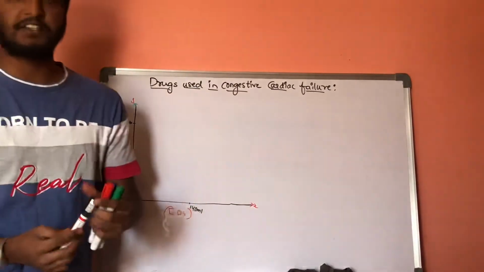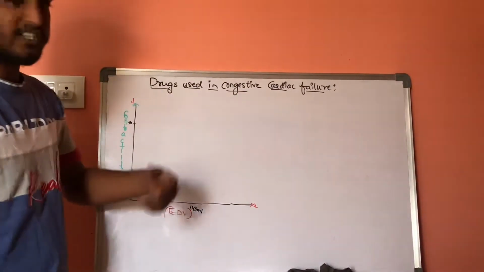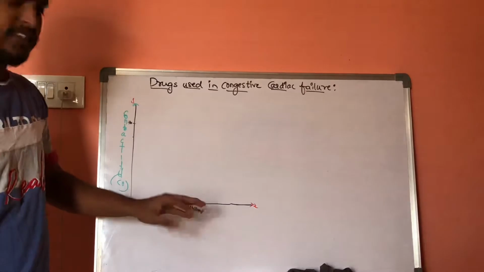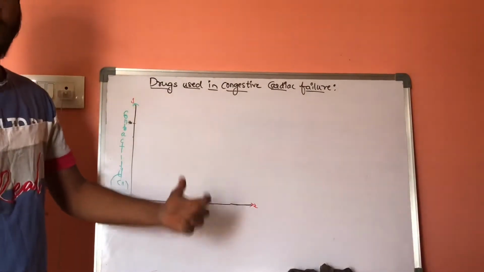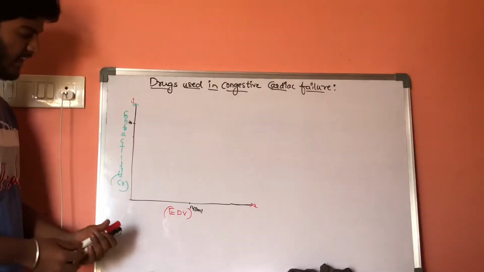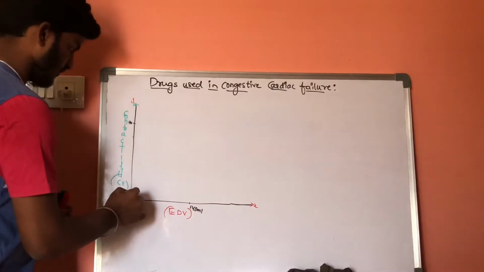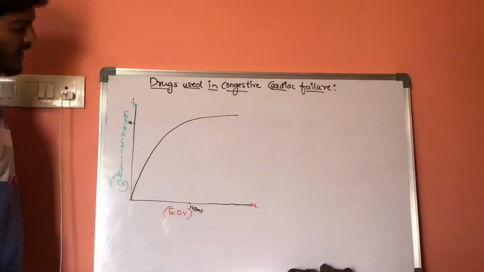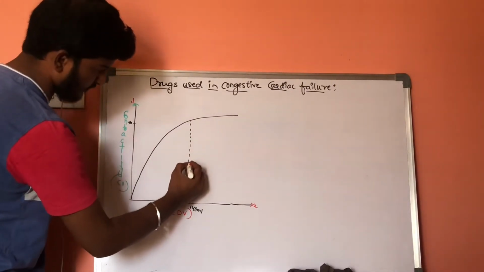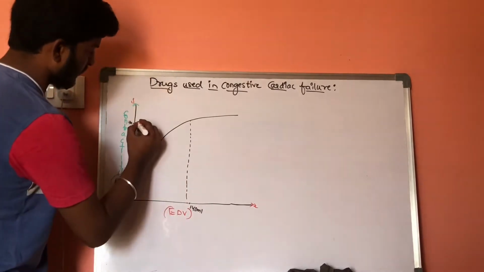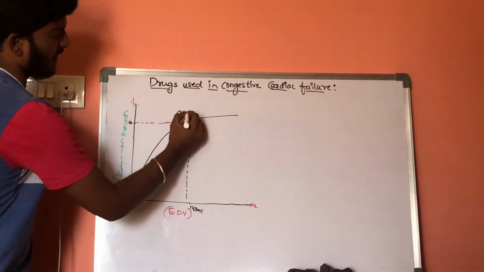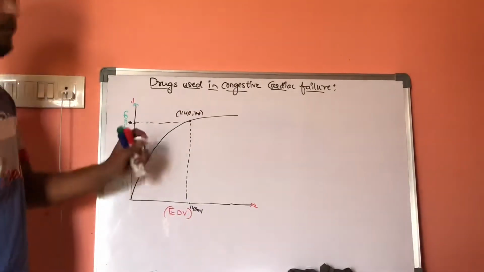The volume of blood which is present in the ventricles just before the contraction of the ventricles is called end diastolic volume. Now, normally the graph can be seen like this: at 140 ml, 70 beats per minute. This is the normal range.